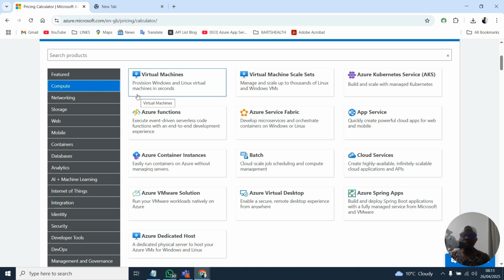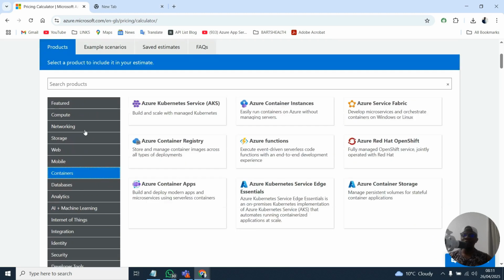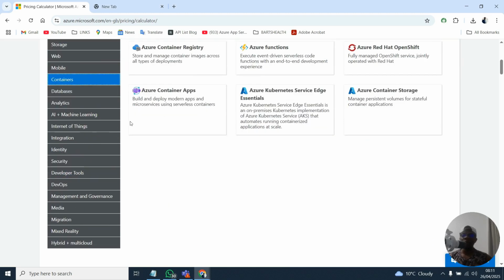And this is the best way that you can quickly take advantage of the Azure pricing calculator to know the most popular services that you want to get started with. Okay, then you can do the same thing for the networking, the storage, web, containers, and a lot of other services grouping in Azure, right?